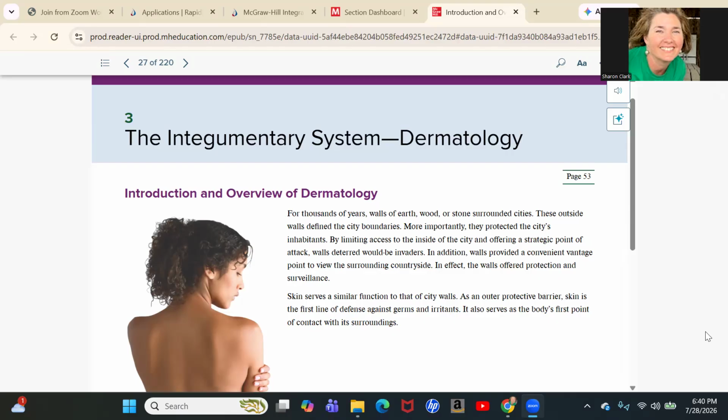Chapter 3, the integumentary system, or your skin. The term integumento means to cover. So when we look at the body's first line of defense, it is our skin. So with chapter 3, we're going to be dividing it up into